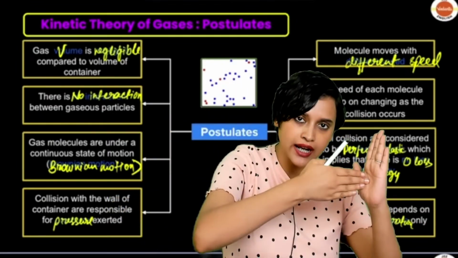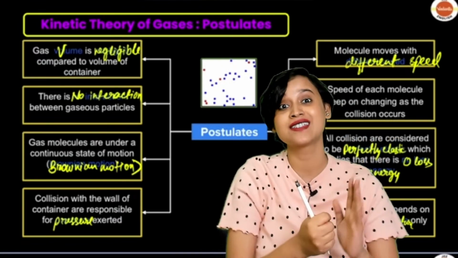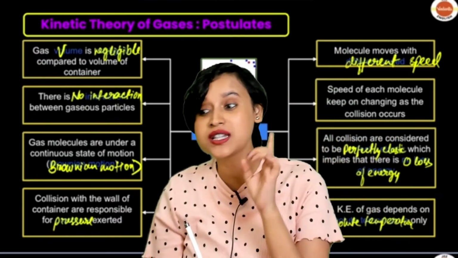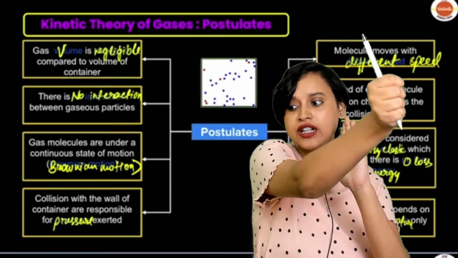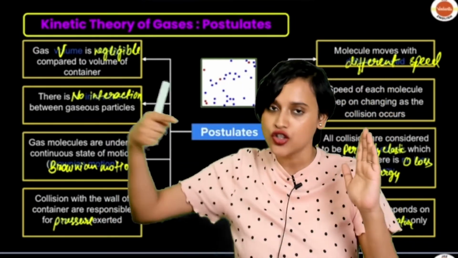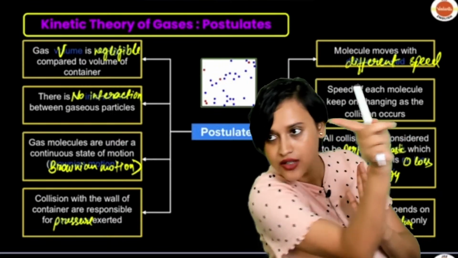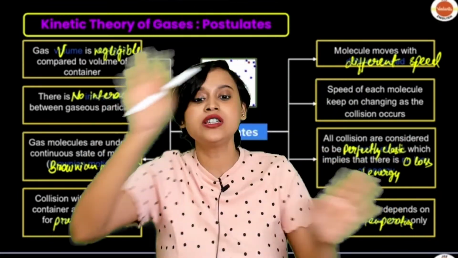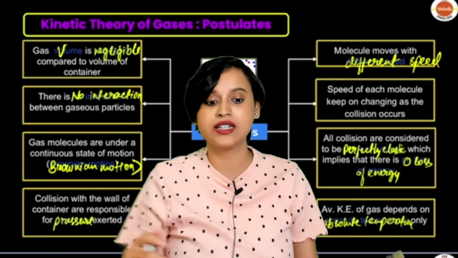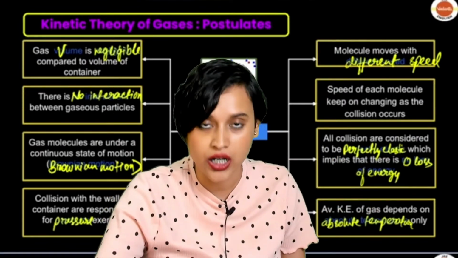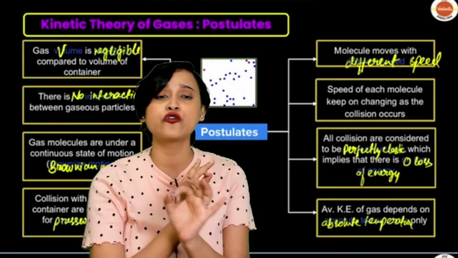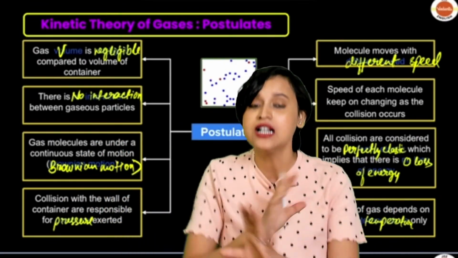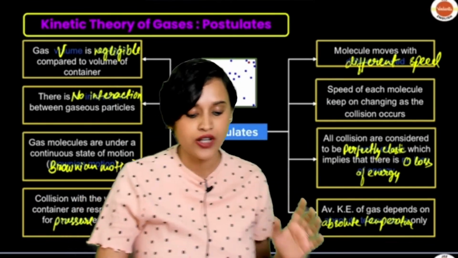So what they do is they collide. They go in a different direction. But once again, it is a straight line. So they are coming, they hit, then they move in a different direction. Again, straight line. Wherever they go, it's always straight line. These are the things that you have to remember. And the particle energy is what? It is absolutely perfectly elastic. That means there is zero loss of energy.